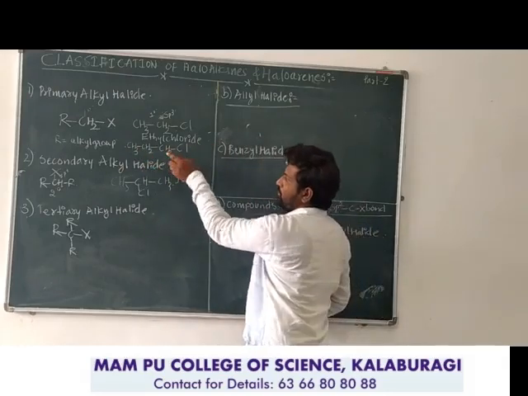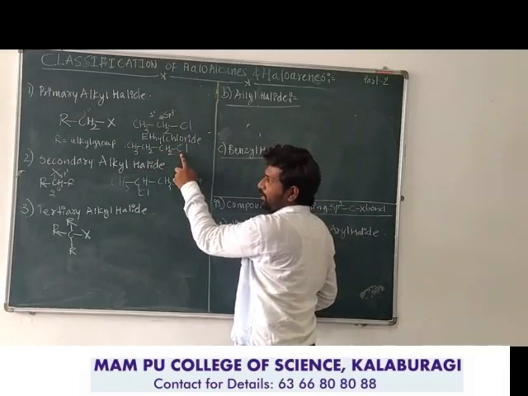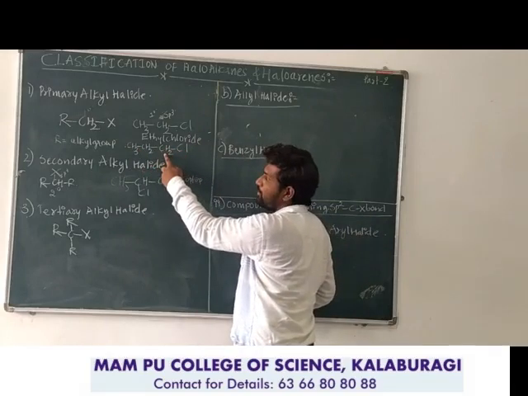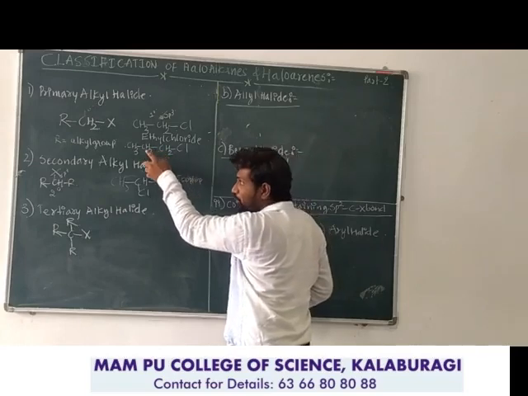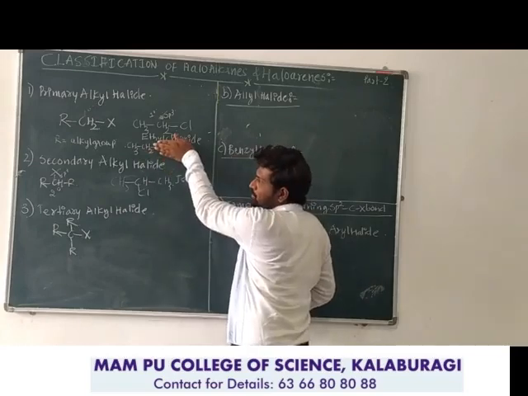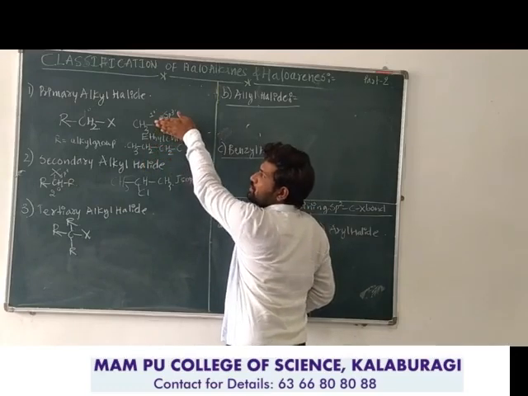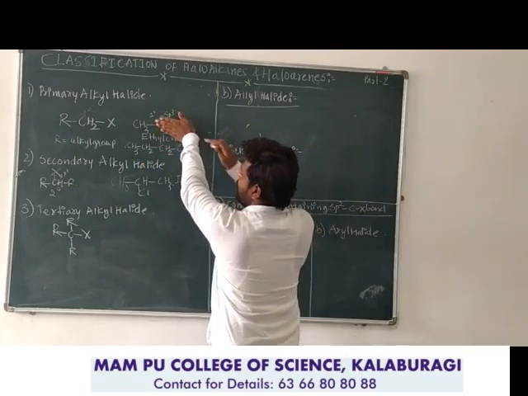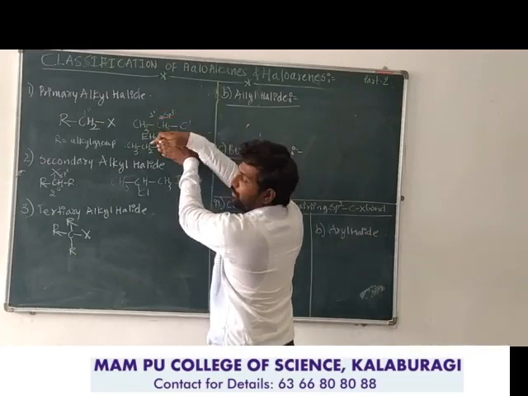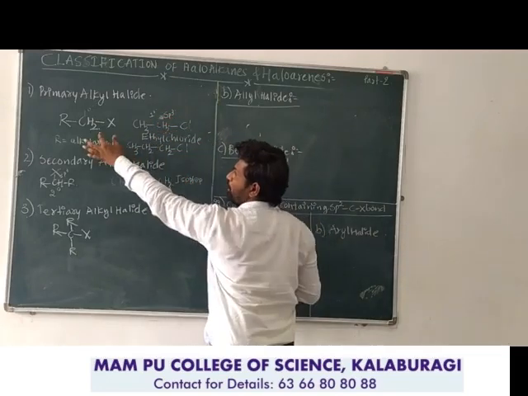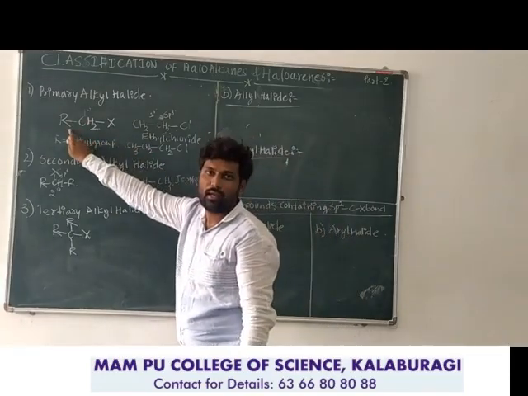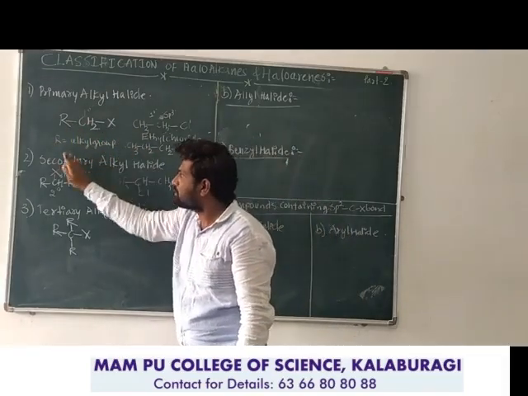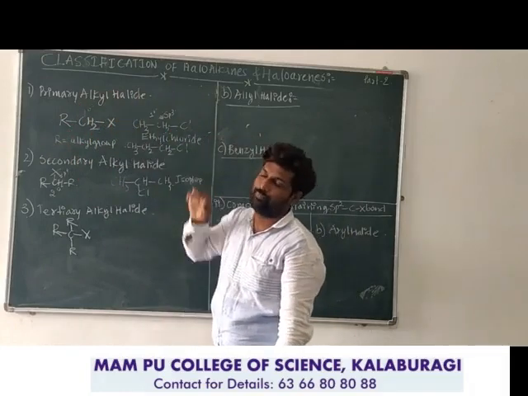Look at here. This is the halogen. This halogen atom is bonded to an sp3 hybridized carbon atom, meaning a carbon-carbon single bond, which is bonded to only one carbon atom. Whatever this portion is, that is ethyl, and this portion is methyl. So generally methyl, ethyl, propyl, butyl is bonded to the CH2X. That is the primary carbon atom. So generally alkyl CH2X is the general formula of primary alkyl halide.